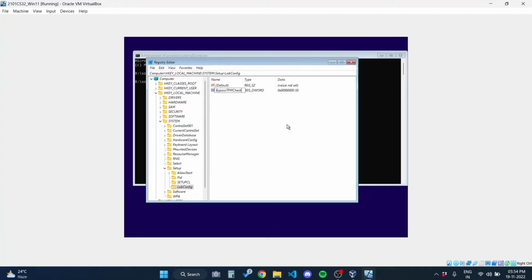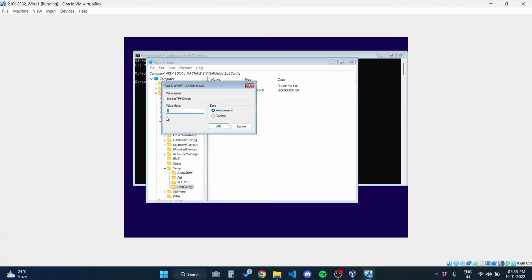Okay, and press enter. Now double click BypassTPMCheck and change this value data to 1. Okay,